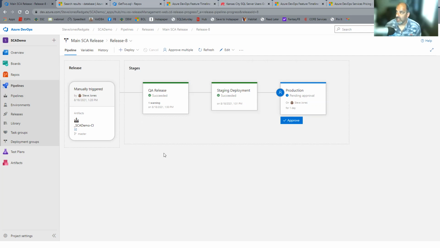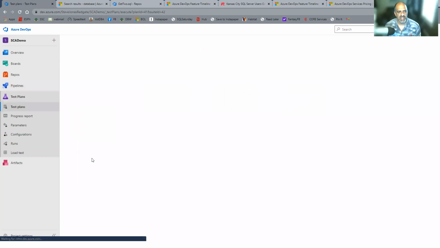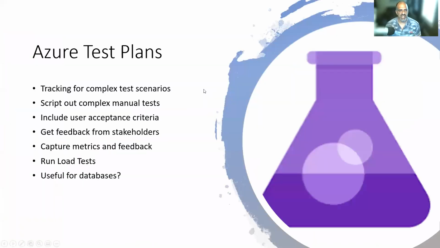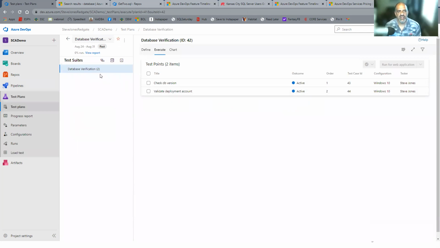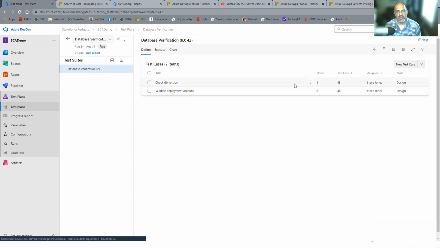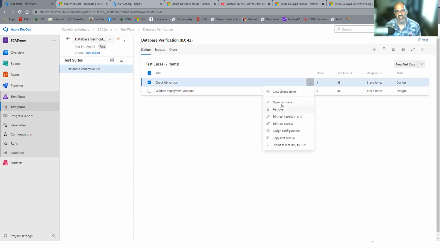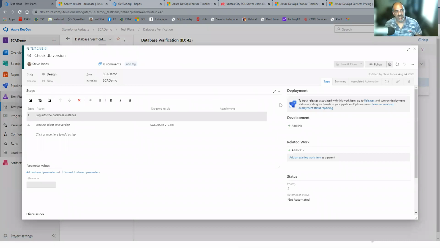All right. Let me pop down real quick. I'll show you test plans. They're in this deck, but there's not a lot in there that we worry about. Test plans are really a way for me to set up tests that I want to follow. I could do these automated, but they're set up to really be manual steps. So if I open this test case up,